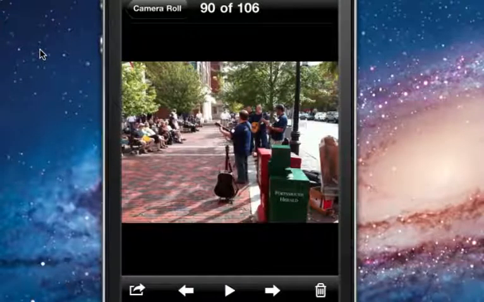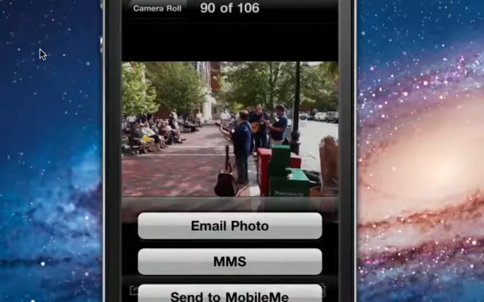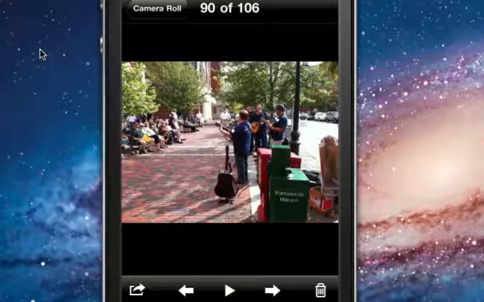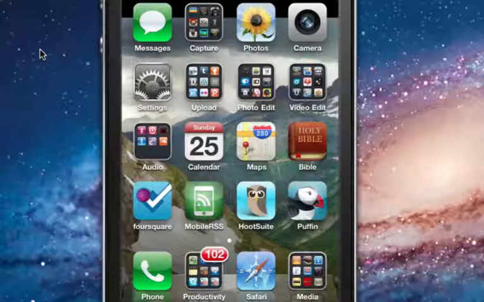I can click in the bottom left corner for this particular photo, and I could choose to email this to my Flickr site if I wanted to use the custom secret email address that Flickr will provide you. I also, of course, could plug in the iPhoto application and use that to sync this photograph. But what I'm actually going to do is go to a folder that I have on my iPhone called Upload,